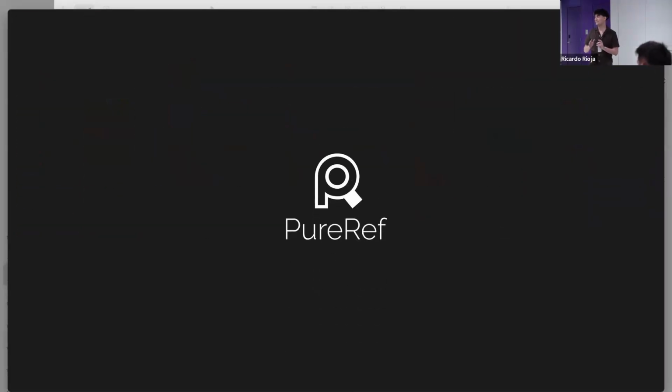It's actually so important that there's a software just for keeping references. So if you guys don't have PureRef on the side, on your other screen, or if you just have one screen at home, have it on the side, you're doing something wrong. You should always look at references.